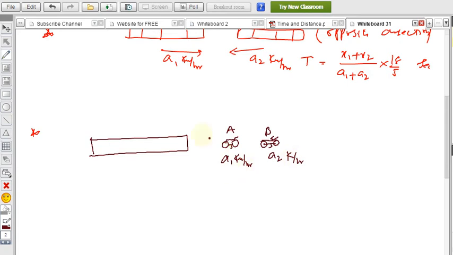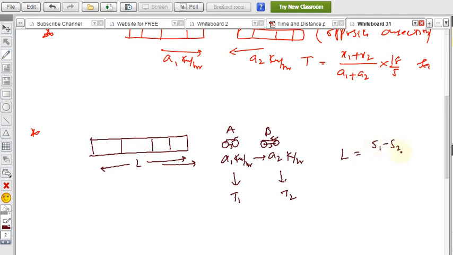While going in this direction, the train crosses A in t1 seconds, then again crosses B in t2 seconds respectively. The length of the train is given by the following. If you want to find the length of the train, it equals